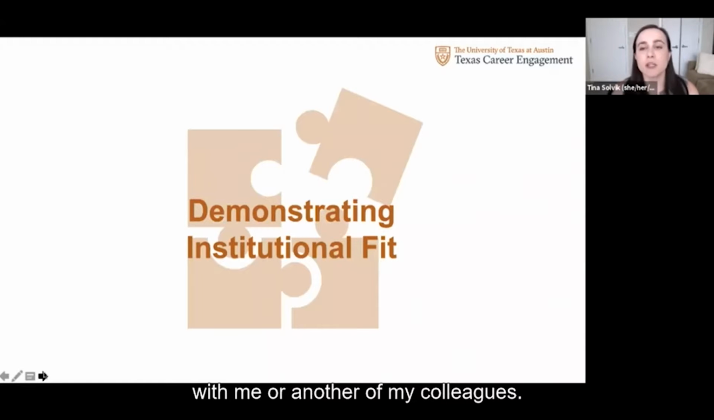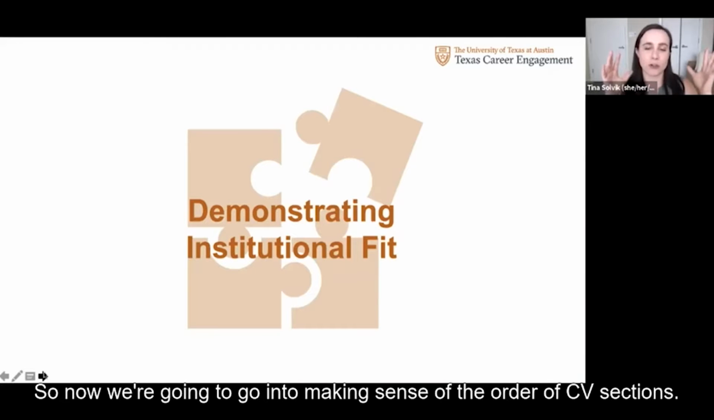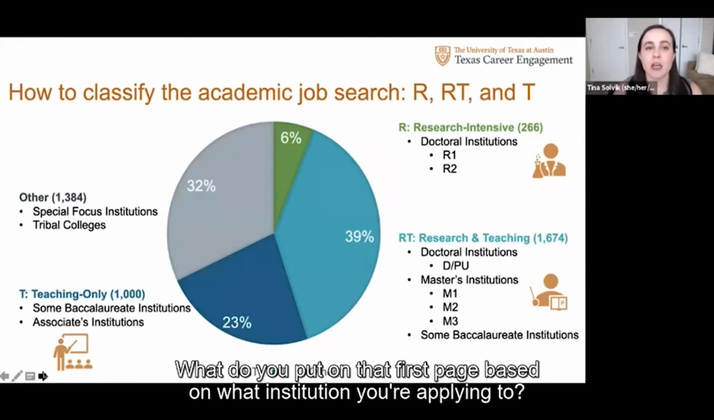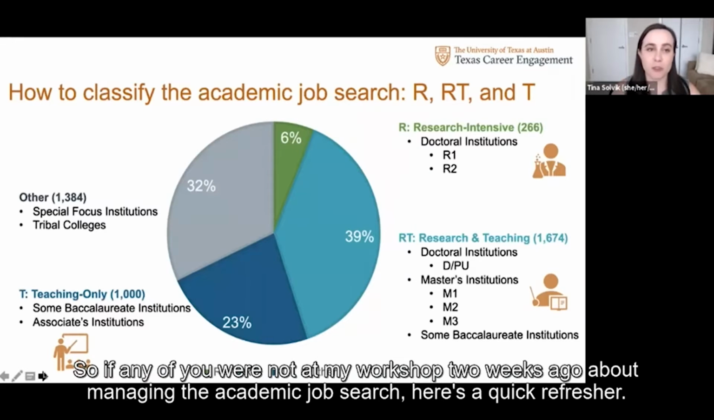Okay, so now we're going to go into making sense of the order of CV sections. What do you put on that first page based on what institution you're applying to? So if any of you were not at my workshop 2 weeks ago about managing the academic job search, here's